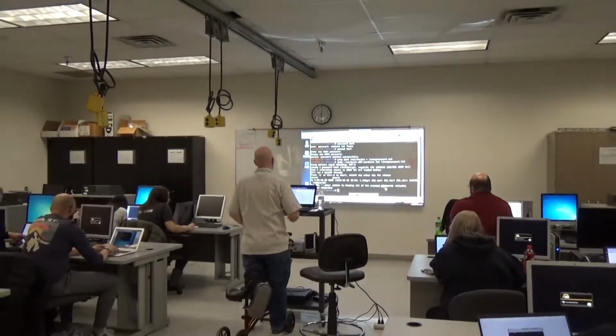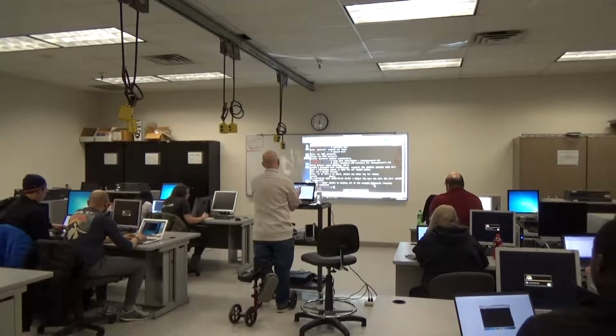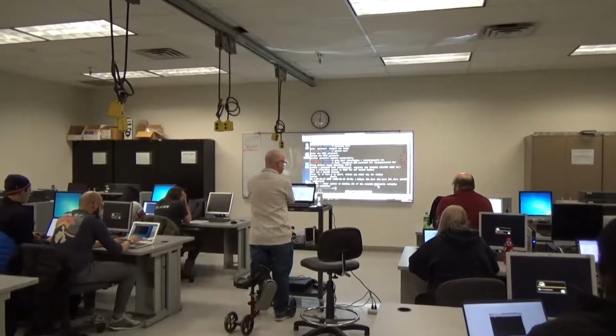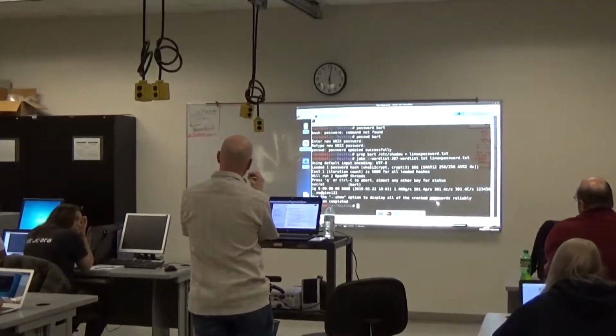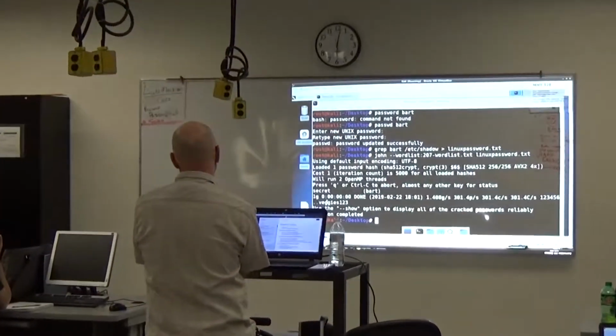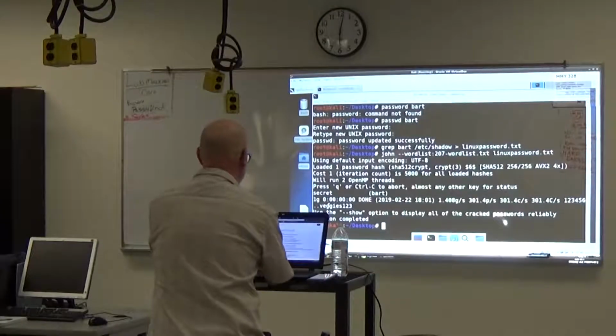Yeah, you can do it like if you don't want to use a password list. The password list is the quickest way because it reads from the list and has something to work with to try and hash it. If you just want to brute force the hash,